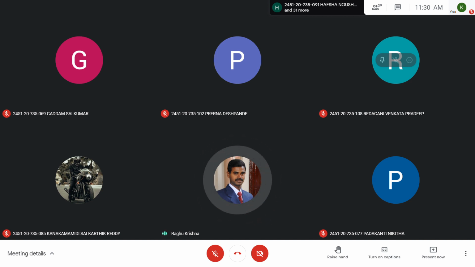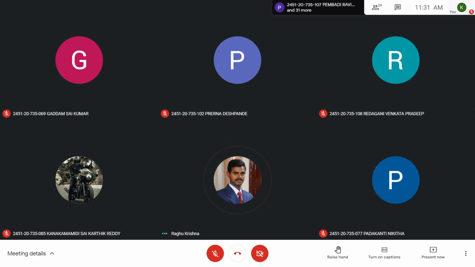Now coming to the transformer. So the diagram, it is a schematic diagram. So it is showing only the important parts. So for explaining the working of a transformer, we are going to use a schematic diagram. A transformer consists of many parts. So this is the schematic diagram used for explaining the working principle of a transformer.